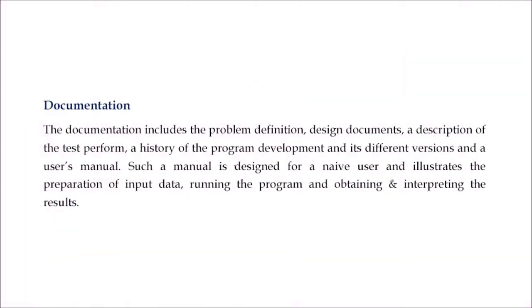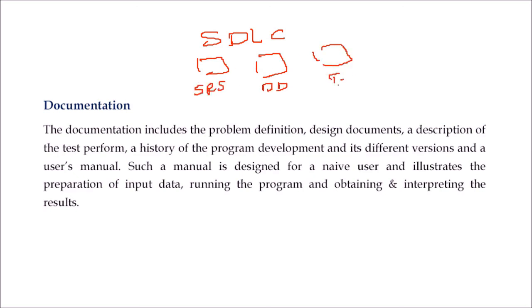Then the final is documentation. See, documentation, as I said, SDLC, software development life cycle, has various phases. So in every phase there are documents like the SRS, like the design document, the test plan, like this. These documents are very important, because how are you going to know what the design is? If there is a flaw in the design, the coding will not be correct. If there is a flaw in the SRS, the design will not be correct. So these are all problems that will only be understood when the documentation is done properly.